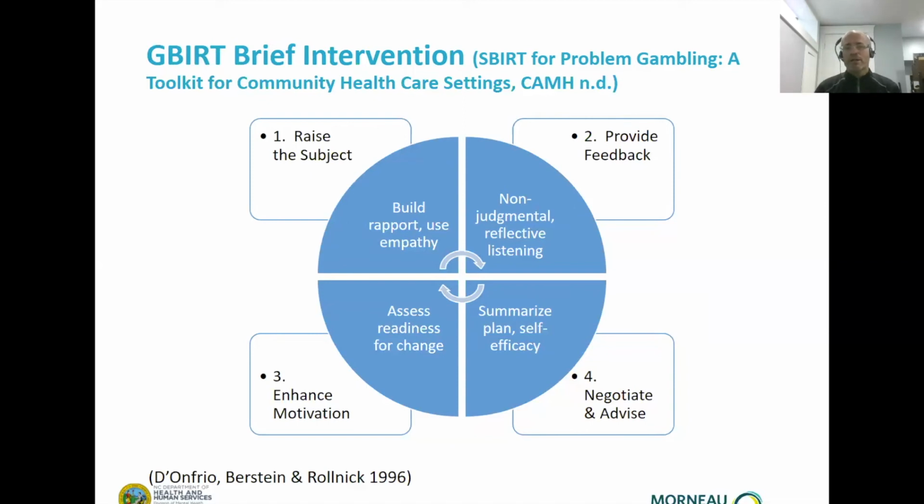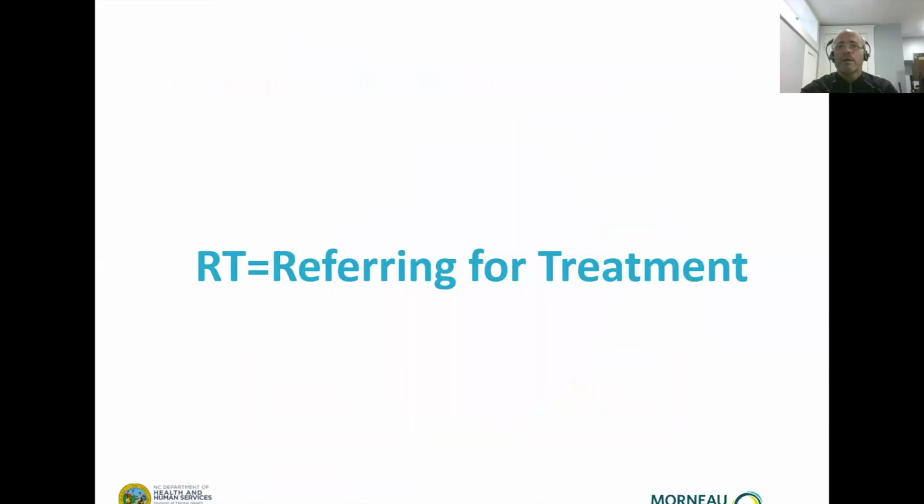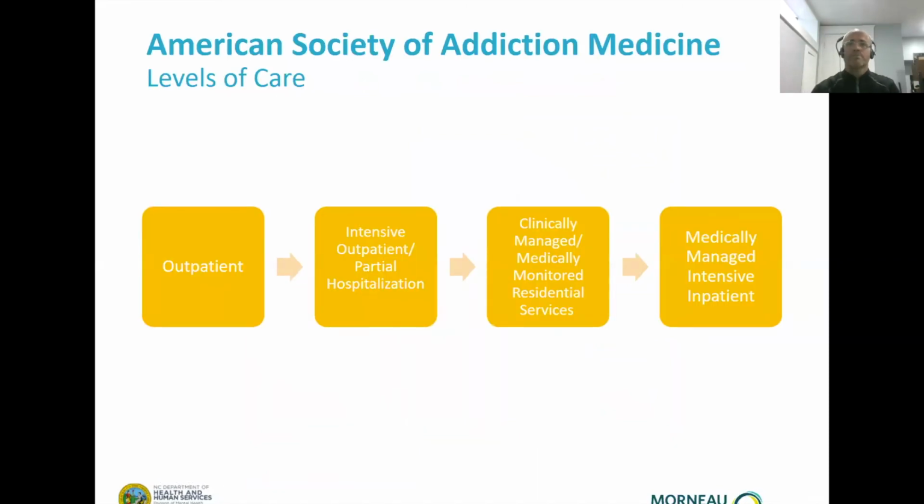And when we talk about negotiating and advising, we're talking about working with them to make sure they're practicing their self-efficacy, what's worked in the past, and have them harness their own strengths from past accomplishments. Summarize with them, and lead them into the RT portion, which is the referring for treatment. Now, I'm going to stay along these same planes. I'm going to refer to some things with the American Society of Addiction Medicine that includes these four levels of care,